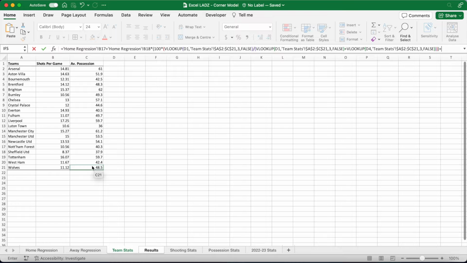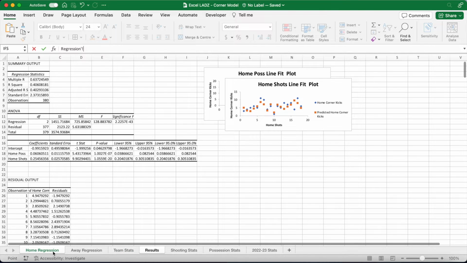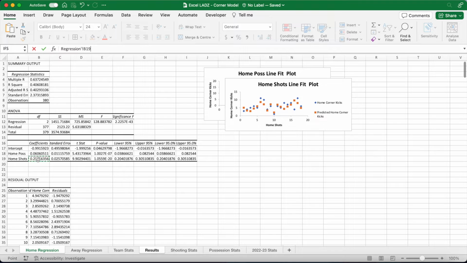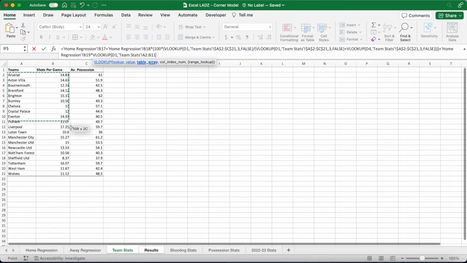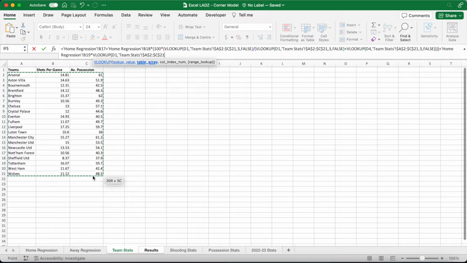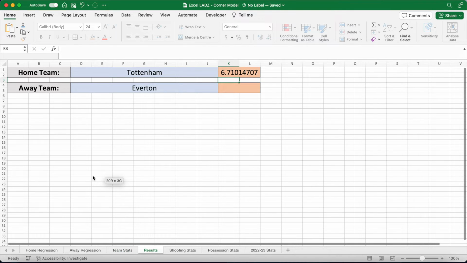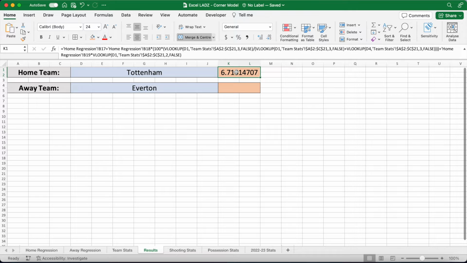And lads, the last part of this linear equation is adding the home shot coefficient in cell B19 of the home regression worksheet, and then multiplying this by Tottenham, or the home side's average shots. So to find that, we're multiplying B19 by a VLOOKUP function. VLOOKUP open bracket, we're looking up D1, or the home side. Our table array is A2 to C21 in the team stats worksheet. We're returning column 2 in that array, or shots per game, and then our range lookup is false because we want an exact match. Close the bracket, press enter, and then we get Tottenham's expected corners for that match, and